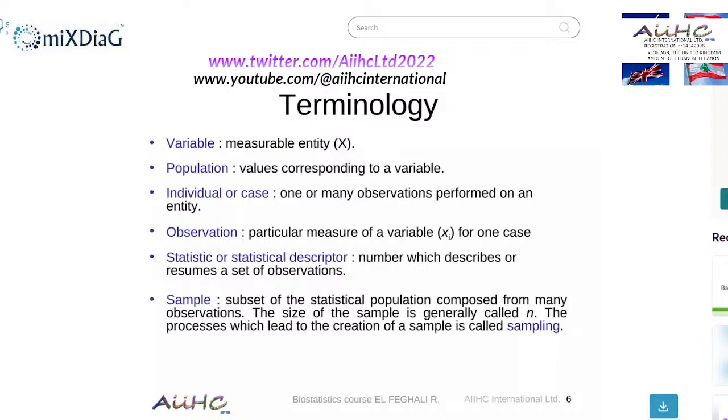Population: values corresponding to a variable. So the population usually is, for example, if we are studying human beings, overall humanity, around 7 billion persons. This is a population. Now, an individual or case is every single human being, who is unique and cannot be replaced